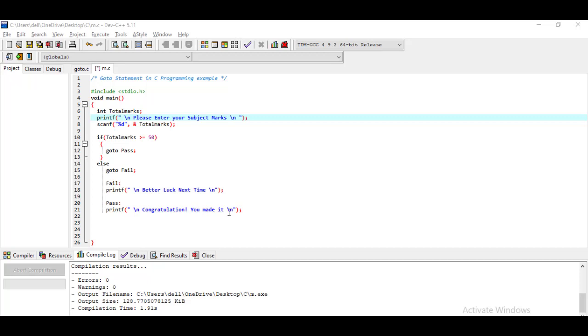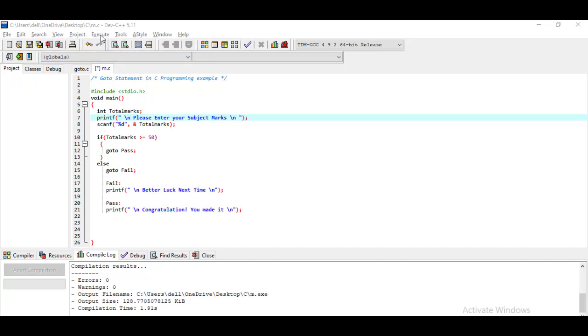If this condition is true, the body will get executed, and from this position the control will jump directly to this line, that is pass. And if this condition fails, the control will jump from this statement to the statement that will printf better luck next time.